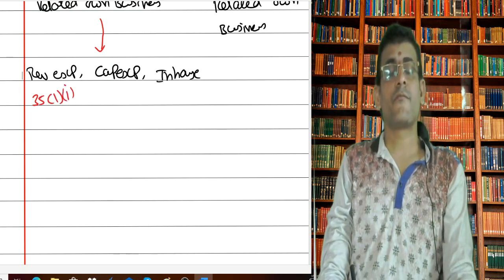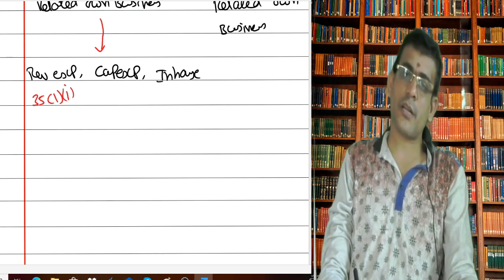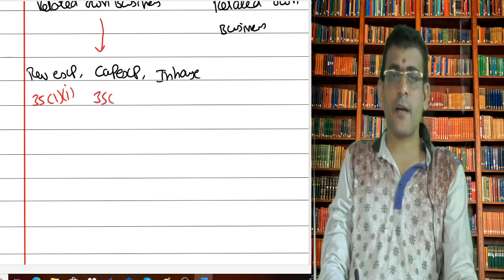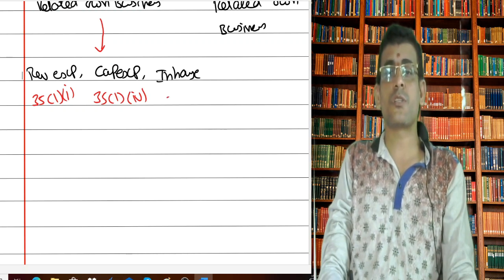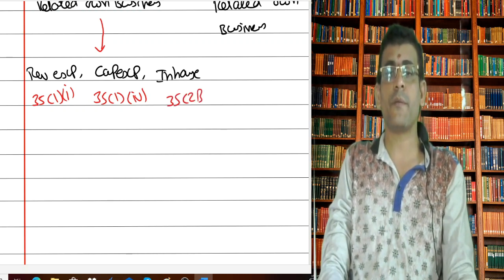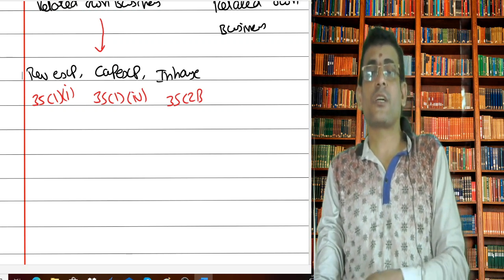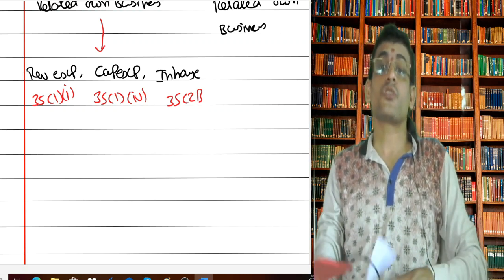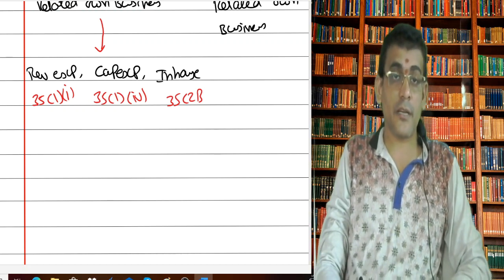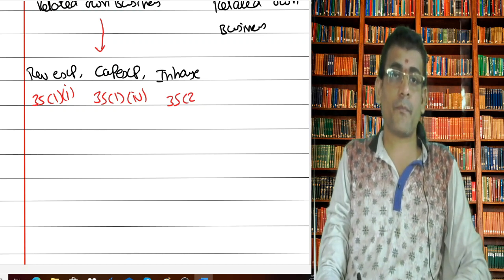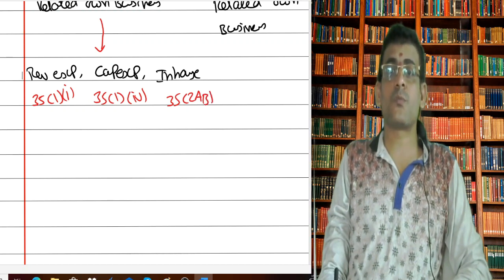That is the first section, revenue expenses. For understanding deduction under capital expenses, we need to see section 35 subsection 1 clause 4. For understanding in-house research, you need to refer to section 35 2AB. So these are the three different sections which speak about your deduction in case of scientific research. Any sort of scientific research expenses incurred for in-house research is section 35 2AB.